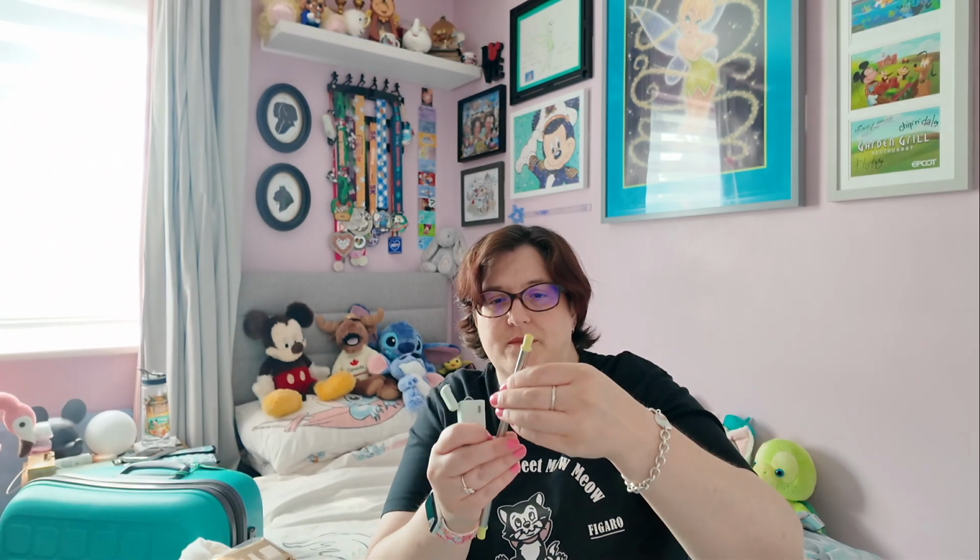This is my Schurple straw. So this one is a metal straw, but it comes in a little case. Flips out like this. There's your straw, and again it's got the cleaning tools with it in there, so that's another really good one. And I bought this set from Primark, so it's a little fork and a little spoon,